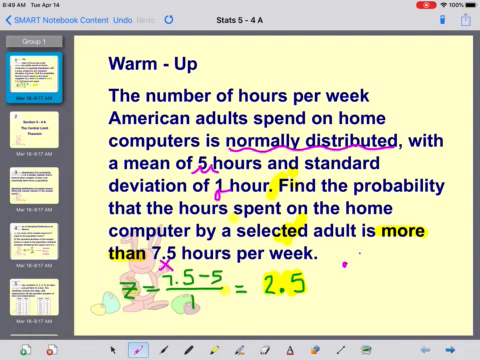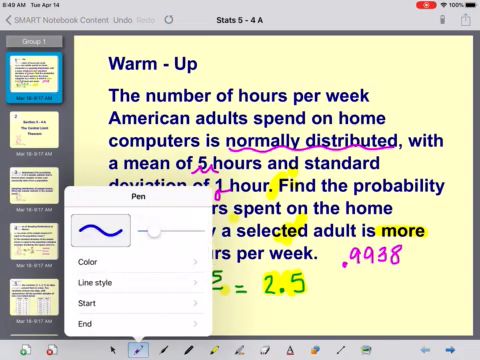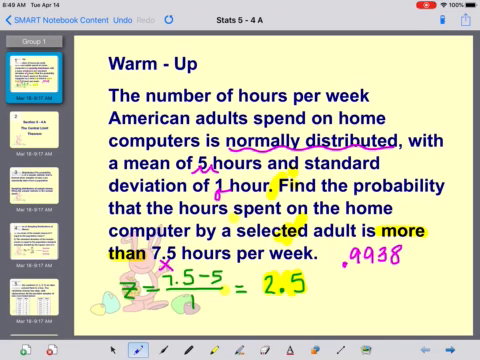0.9938 was the area. However, remember the chart gives you the area to the left, and that says more than. More than indicates that we need the area to the right. So the fact that it was more than means you have to take 1 and subtract the area that you found on your chart. So 1 minus 0.9938 gives us 0.0062,